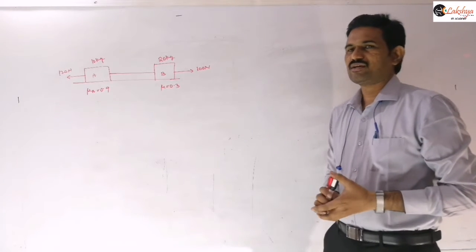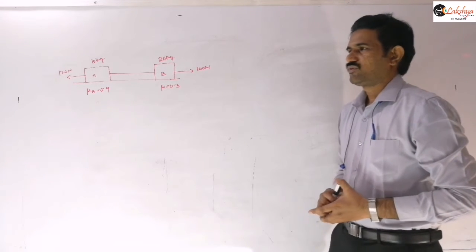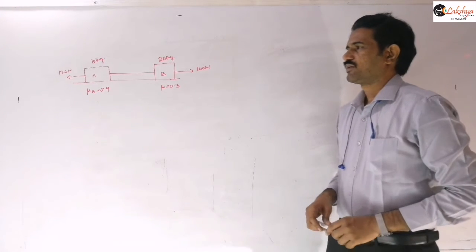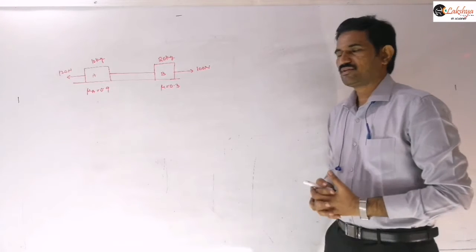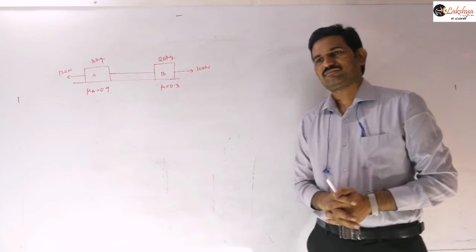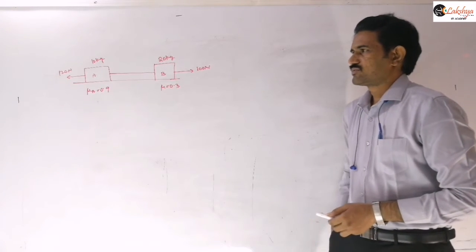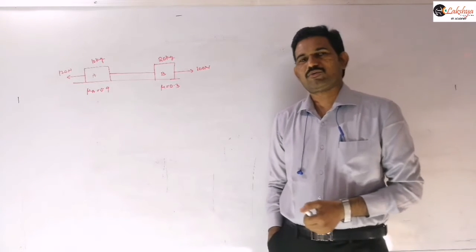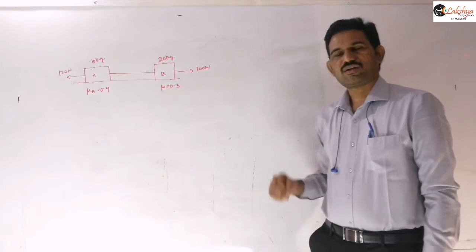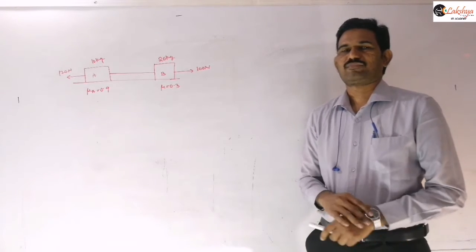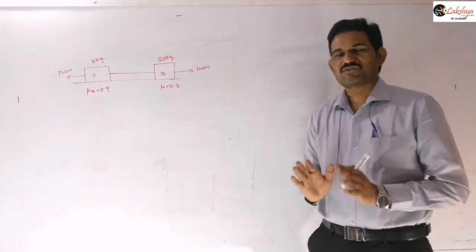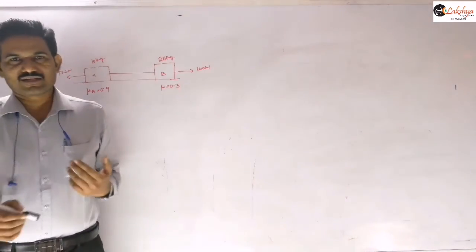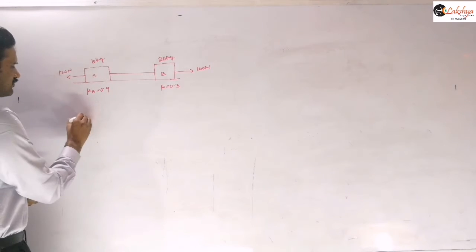Now our question is: for the system shown in the figure, find the tension in the string connecting the blocks A and B, and also find the frictional force acting on the blocks A and B. So for this type of problem, first you need to find the limiting frictions, and you need to decide whether the system is accelerating or not. So let us find the limiting frictions here.